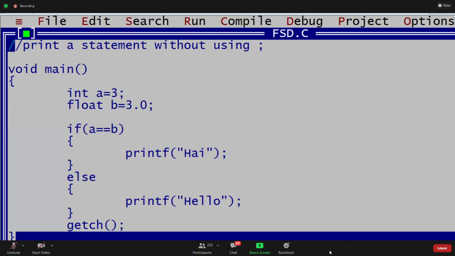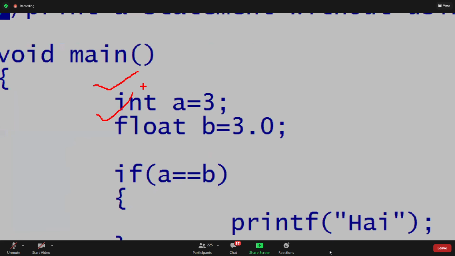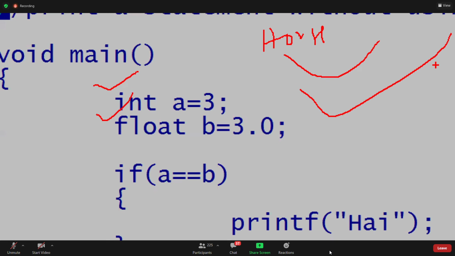See, guys, we can't compare integer and float. Are you following? Comparison is possible when both are of the same type. For example, we can't compare a horse and an elephant. Can you compare a horse and an elephant? No. We can compare two horses, or two elephants. How can you compare a horse and an elephant?